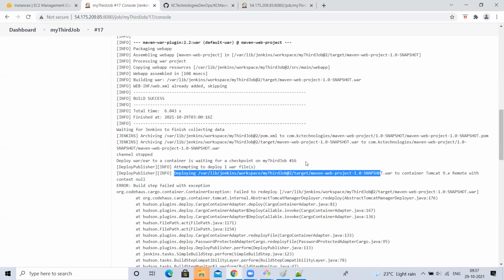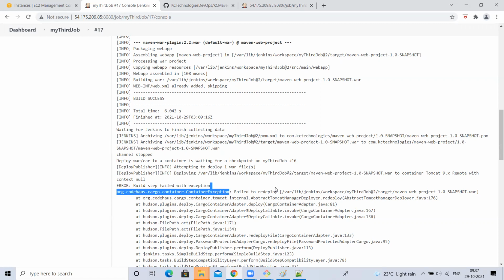It waited for around 5 minutes. It tried a couple of times within that 5 minutes. Then it came to know that Tomcat is not reachable. After that 5 minutes, it threw an error. Yes or no? This exception is thrown after some time, not immediately. So what if it is not throwing even for 1 day? What if my Jenkins is waiting to deploy into Tomcat for 1 day? It is waiting for Tomcat. Tomcat is not available. For now, it threw an error within 5 minutes.